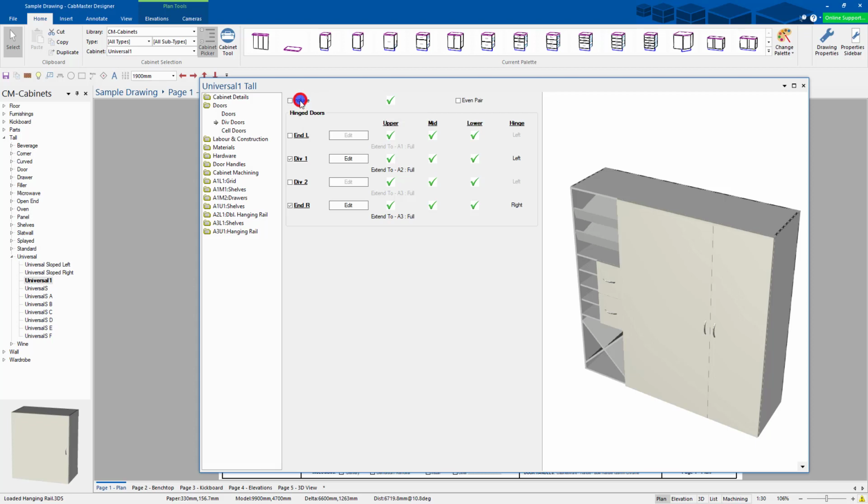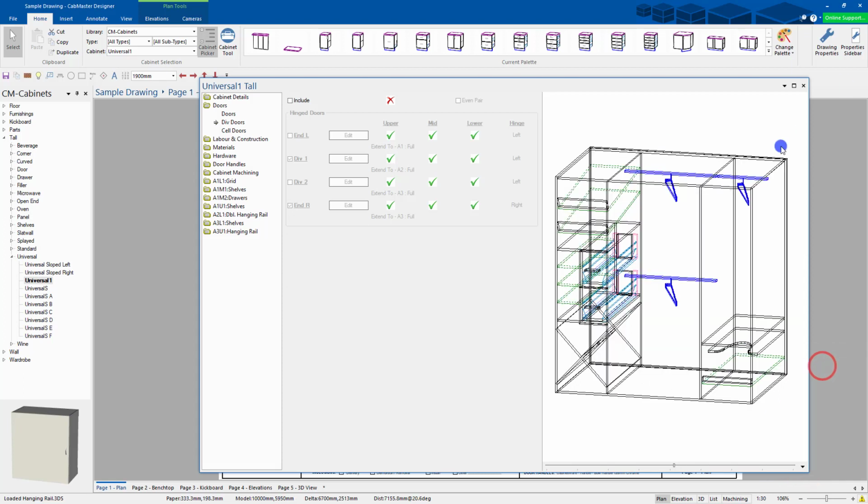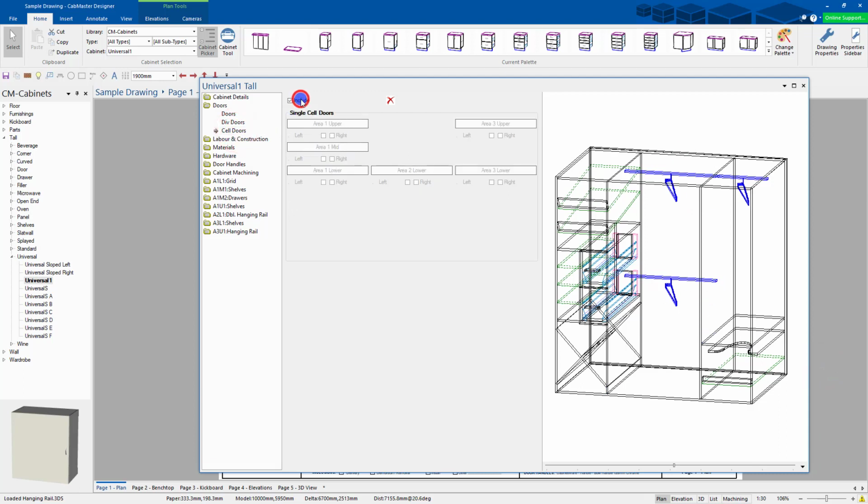A divisional door hangs off the division. Go back to ortho. The division doors hang off the divisions, hence a divisional door. A cell door, so we go include cell doors. This is a lot more flexible because you can go down, for example, area 1 mid left. You'll see it puts a door to there, but I want it to go